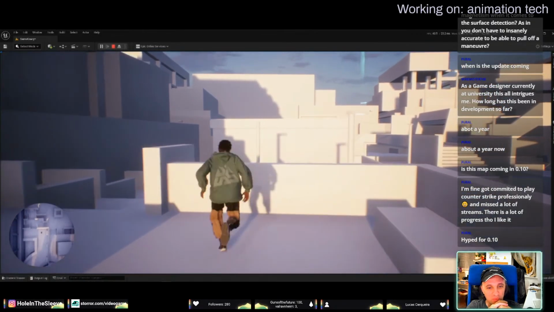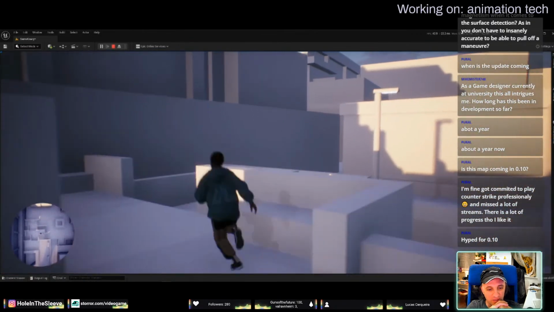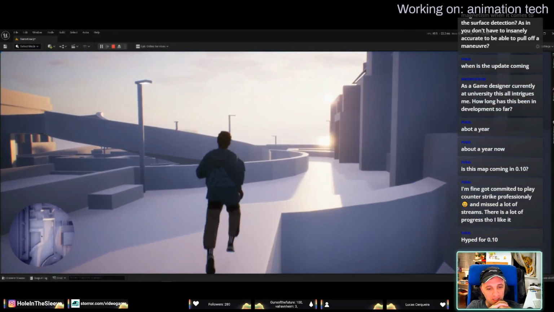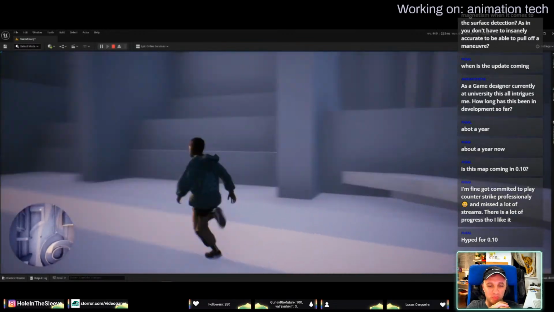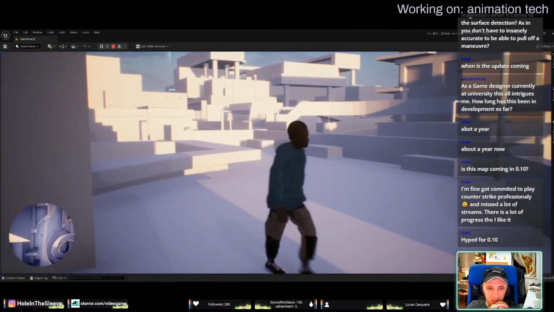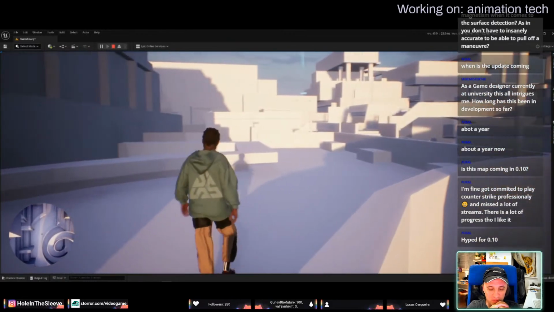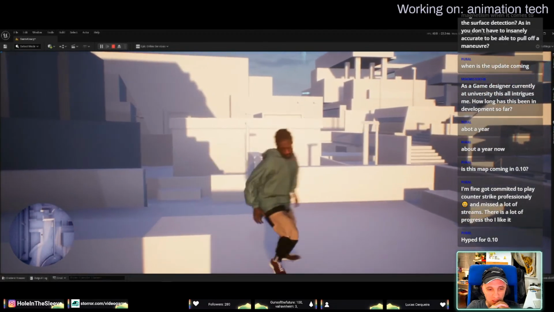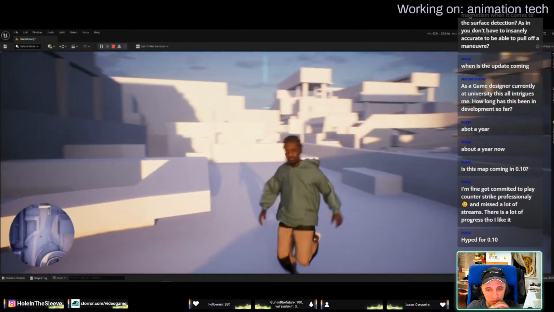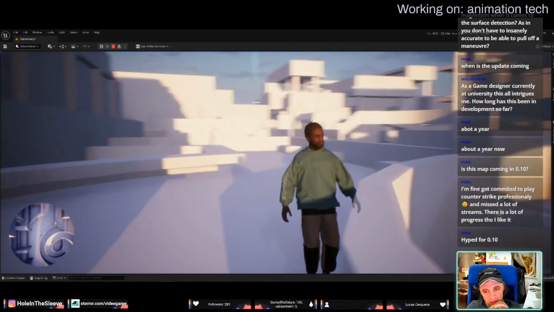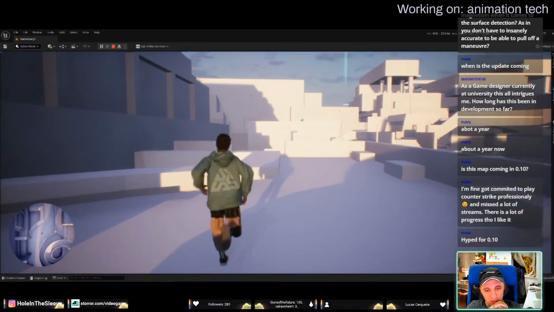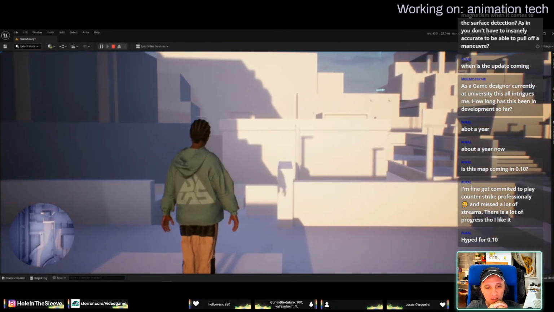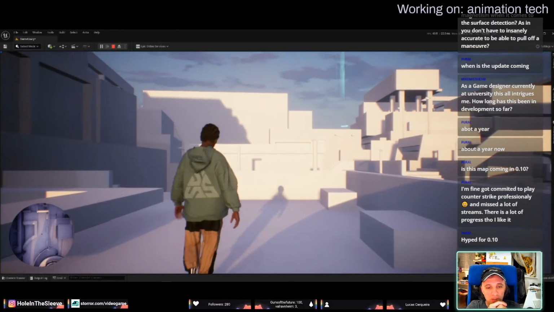See, in that case when you land any vaults or any jump upward, that we need to fix, but probably later. I don't want to fix it for 0-10. It would just be a little bit weird, but who cares? That's fine. I mean, it doesn't break anything. It just gets that little stutter. It's almost like the capture's in the right place and the mesh just catches up. Yeah, that is basically what he's doing. So it's fine. Mechanically, it still all works. It just looks a little weird.